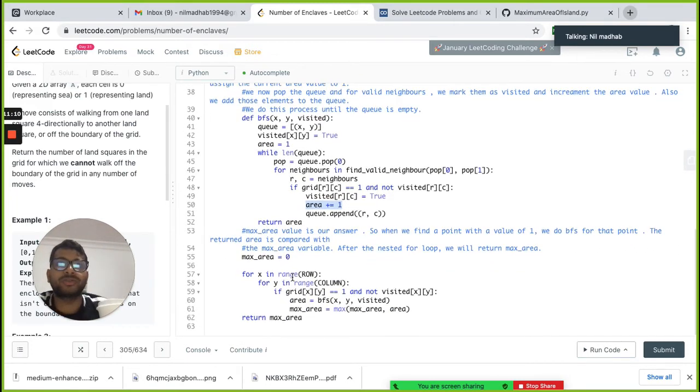We also have this one, for each x in the row and each y in the column, if grid x, y is 1 and not visited. Now we also need to change it so that we don't find the boundary.